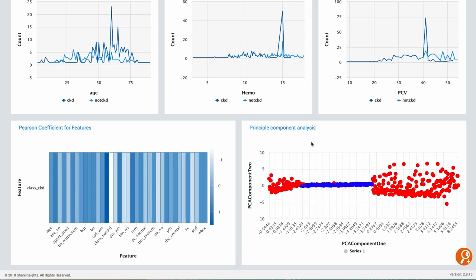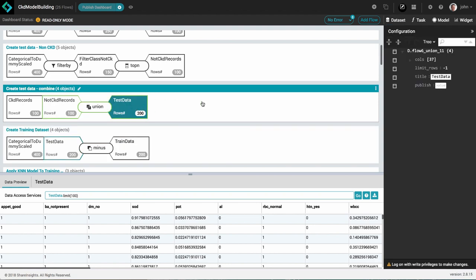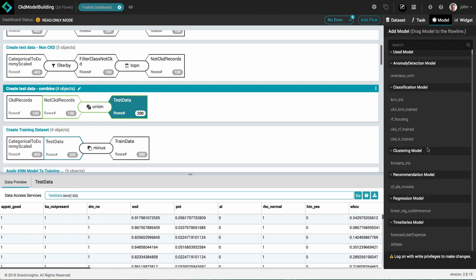Now you want to do the machine learning heavy lifting, training a machine learning algorithm and evaluating its predictive effectiveness. Of course, you could place a call to your friendly data scientist at this point, but with ShareInsights, you can do the work yourself. You can segregate your data into training and test data sets. You can then choose several relevant machine learning algorithms from the palette and create transformation flows that train those algorithms